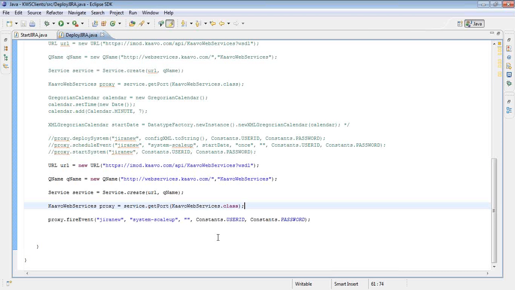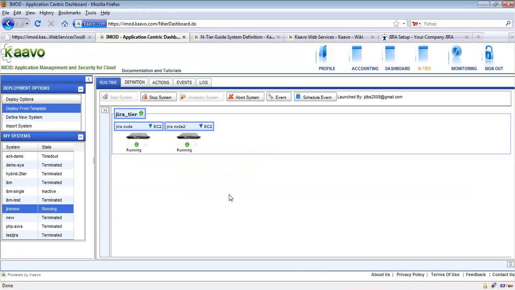So we have still time left. So I think what we'll do right now, as Joydeep has showed you how easy it is through API to deploy this complex system with software installation just through a simple web service call, scale up a system or schedule an event, or even there are other APIs that are available. So I think we have about 13 minutes left in this webinar. So at this point, please ask questions that you may have. There are some questions that are already on the line, so I will start going by them one by one and let Joydeep answer those questions.